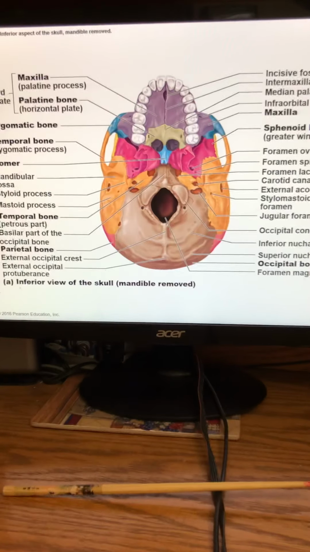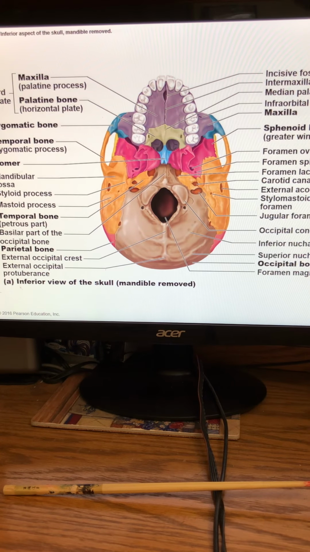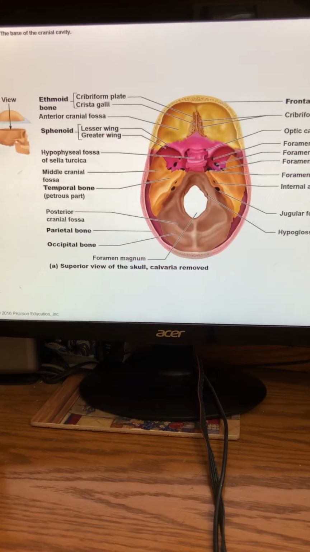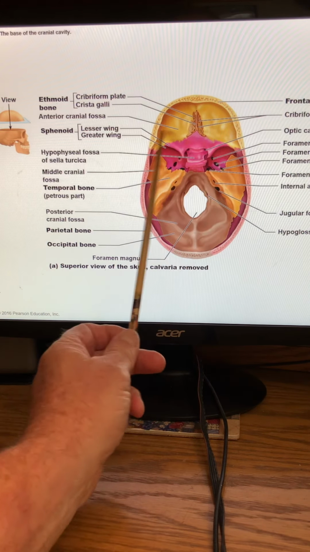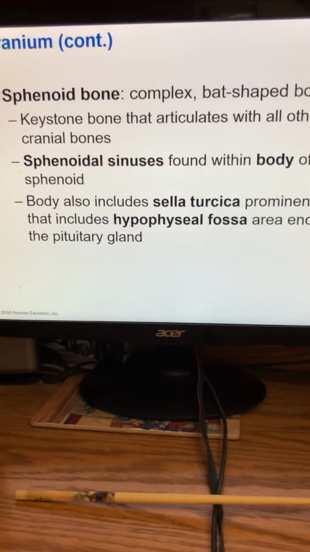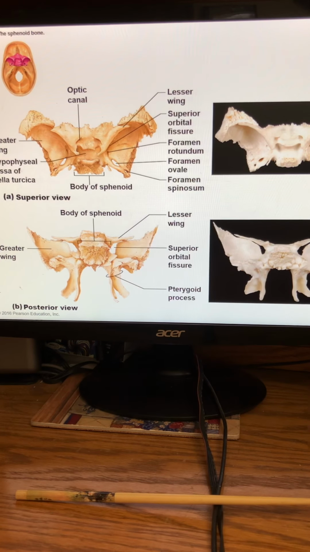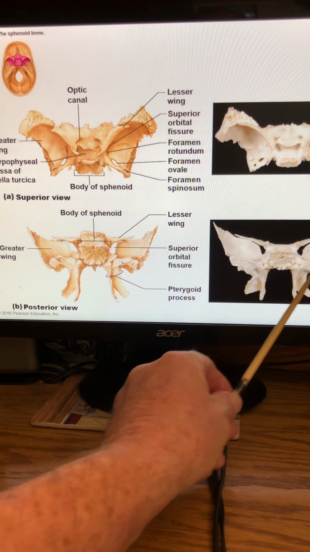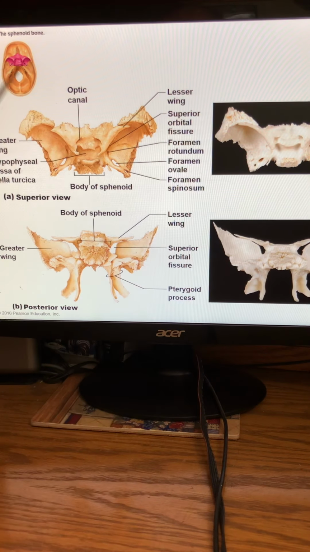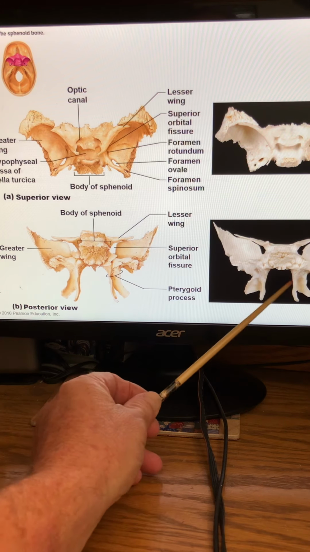Okay, so next bone that we go to is the sphenoid bone, and in this particular textbook, it is the pink colored one that you can see from the underside, but you can also see it from above. Now remember, the top is taken off here. Here is the sphenoid bone, and here is what an actual bone looks like. So it has 3 processes. The 3 processes are going to be a bigger wing, which is called the greater wing, the littler wing, which is called the lesser wing, and the wings that hang down, because remember, this is going inferiorly, these are called